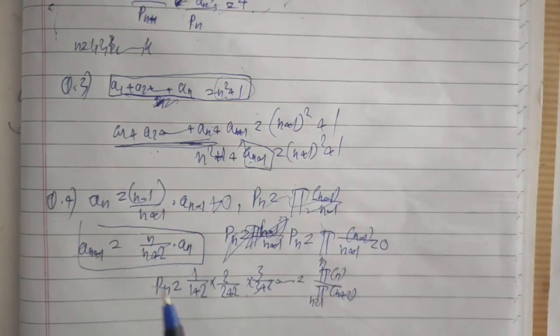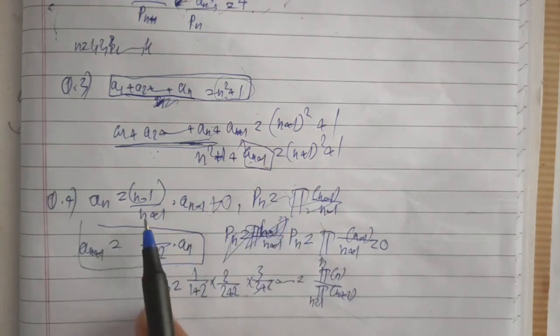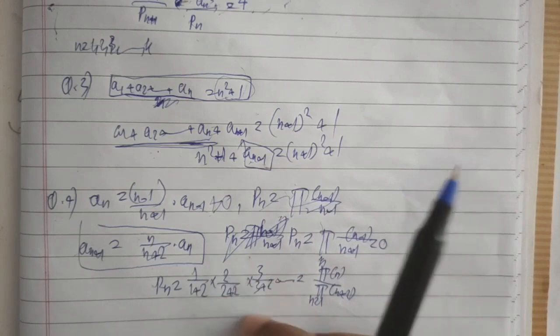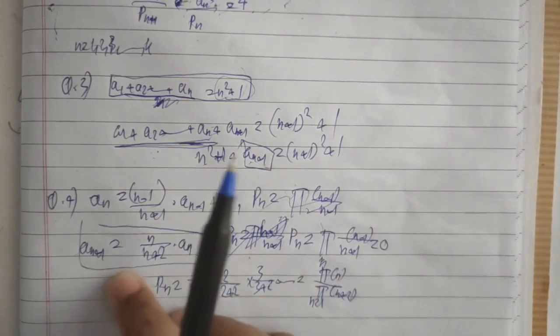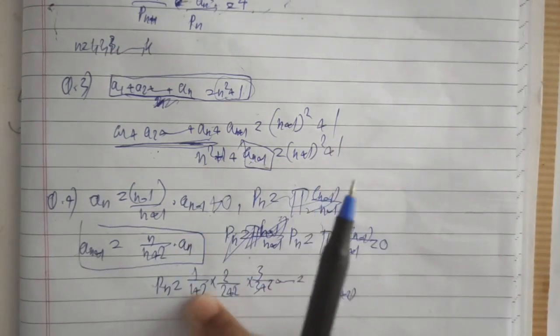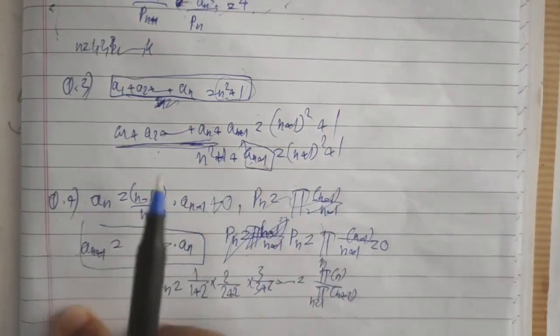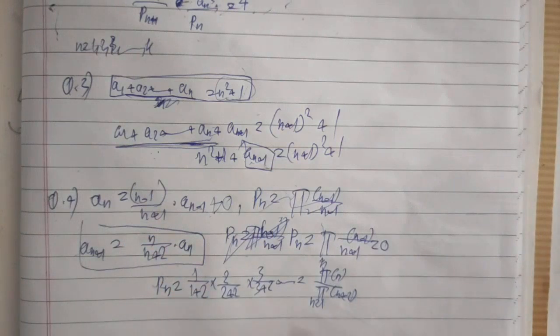And what you can notice here is that we can easily define P of n to be 1 upon 1 plus 2 times 2 upon 2 plus 2 times 3 upon 3 plus 2, and as it is the product of n upon n plus 2 from n is equal to 1 till n. So here Pn won't be 0, so you can divide both sides by Pn and n plus 1, because here it is n plus 1, so you can eventually get the general form of an from here.